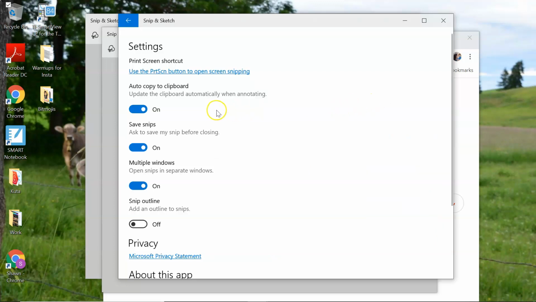So if you want to link your print screen button, that's where I showed you this earlier. And then there's other options here. So auto copy to clipboard. If you want it to automatically copy to your clipboard when annotating, so you don't have to copy, like on the old snip, anytime you made an edit, I believe you had to go to File or Edit, Copy, and then Paste. But if you had this turned on,